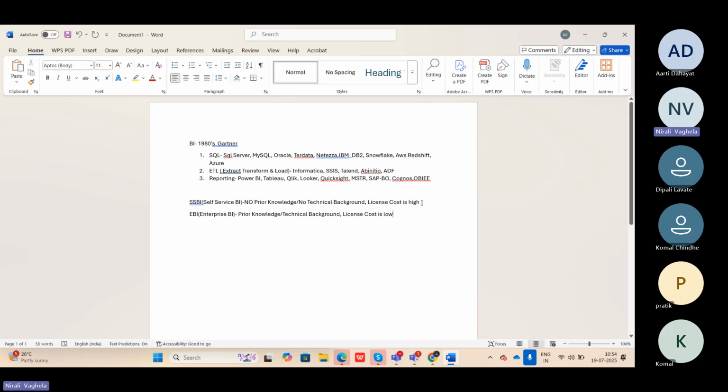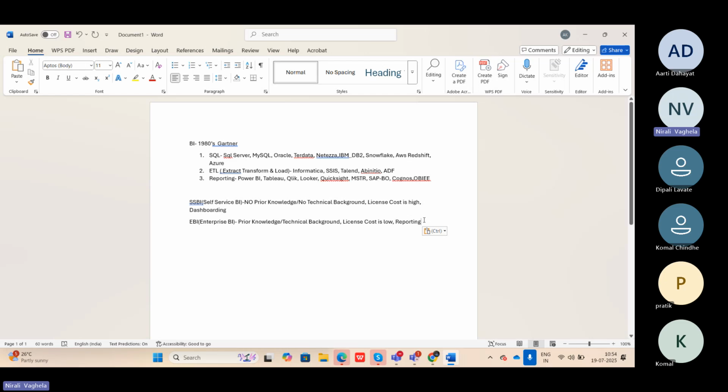The third difference is that these are mainly used for dashboarding purposes and these are mainly used for reporting purposes.